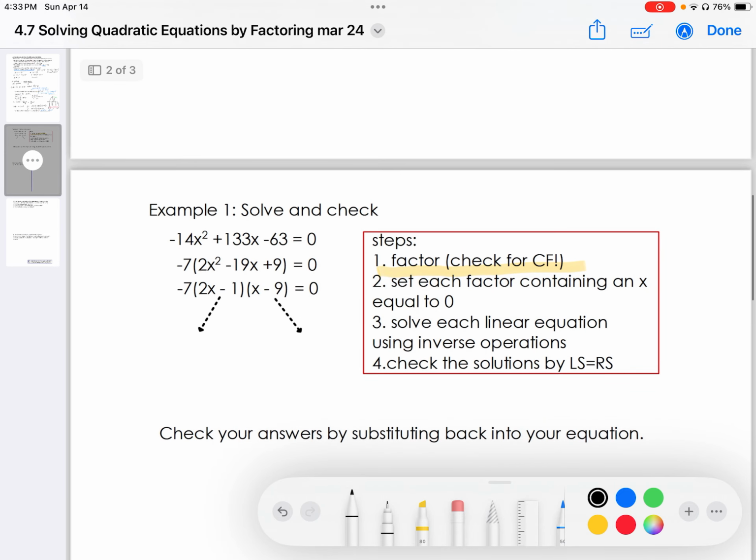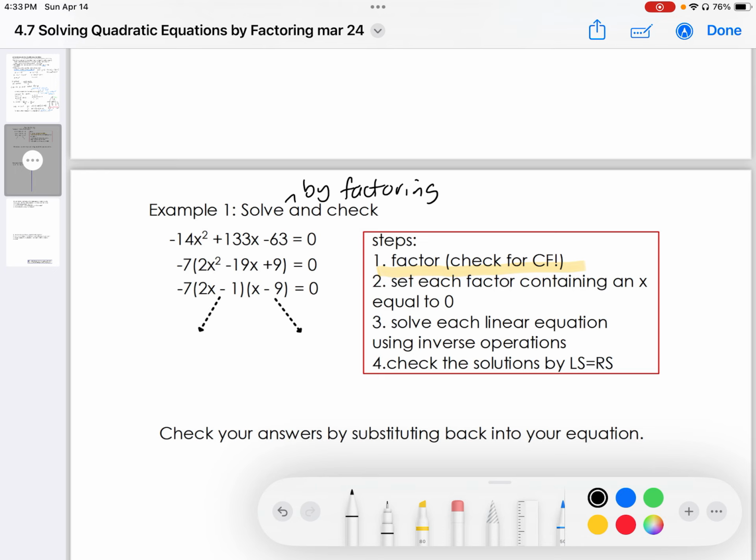Okay, but if you have to factor first, so when it says solve, and usually, because we're going to do another way of solving later, it'll say solve by factoring, and then of course the check is more like what we did in Unit 1, left side, right side. Okay,